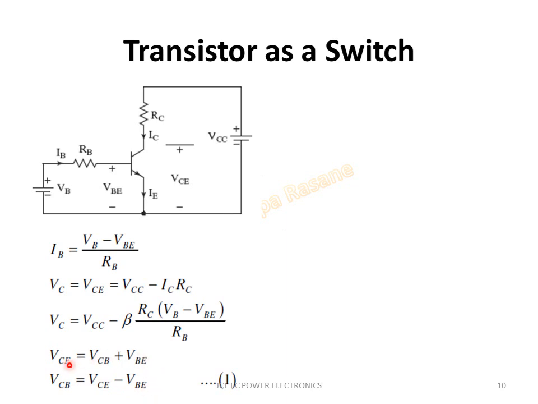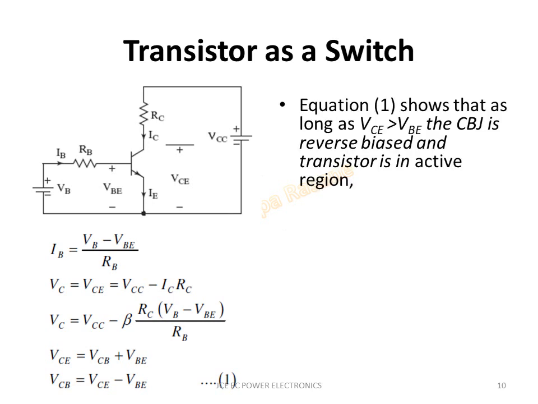Depending upon what this collector base emitter junction is, remember that this is an NPN transistor, so this is N, P and N. So when I say VCB is positive, this collector base junction is reverse biased, because this is N and this is P. So N is connected to positive, P is connected to negative. So when I say VCB is positive, the collector base junction will be reverse biased. And vice versa, if VCB is negative, the collector base junction becomes forward biased.